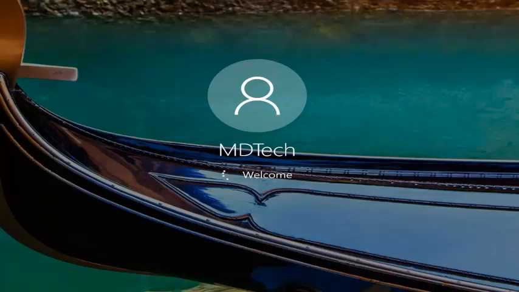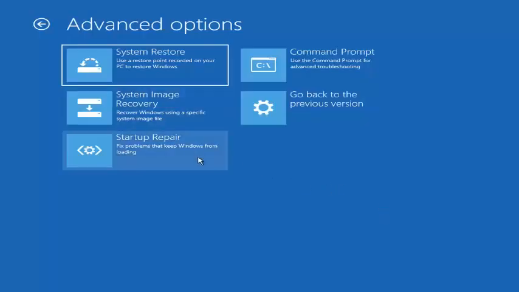Okay guys, so we can see that we are booting into our Windows desktop now. If that still did not resolve the issue, I'm going to jump back into the troubleshooting utility and I'll be back in a moment. Okay guys, so now that we're back on the advanced options screen, I'm going to jump over to the command